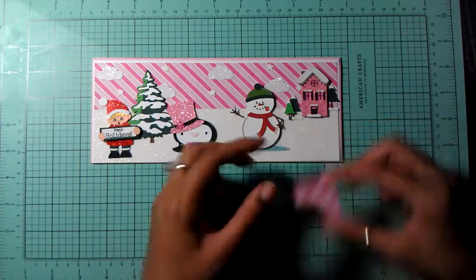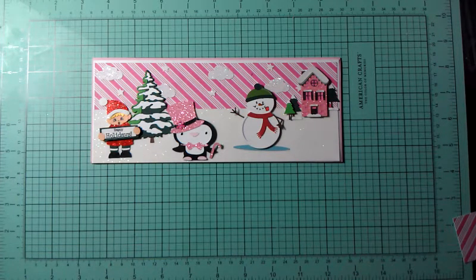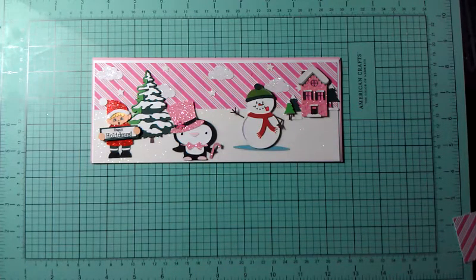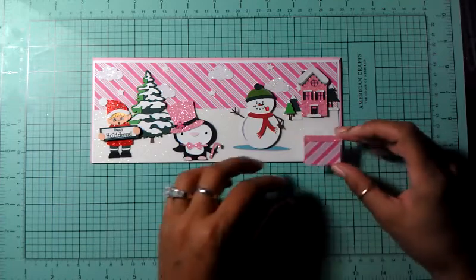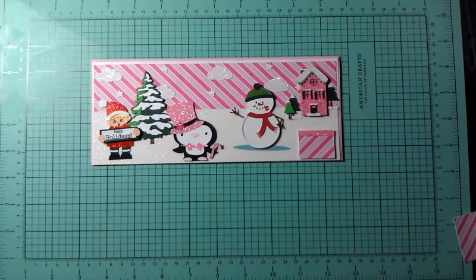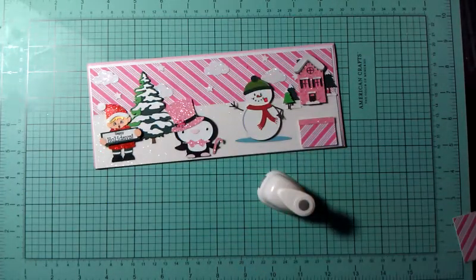Okay. So I think I want to cut this down some. I made it too big. I forgot about the house there. Okay, I want to put that right there. And then I have this punch. Check this out, guys. Oh, I definitely love when my mind can just wander off. I have this little circle punch, and then I also have